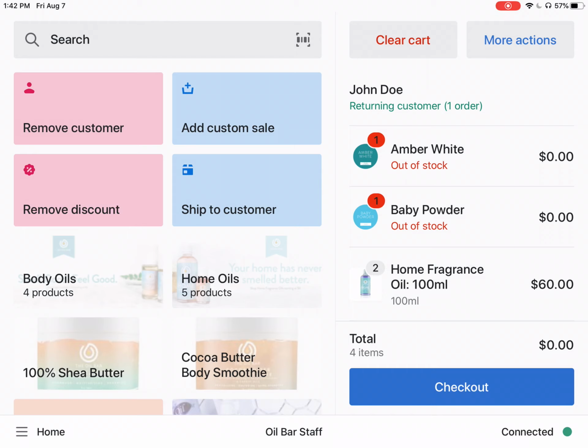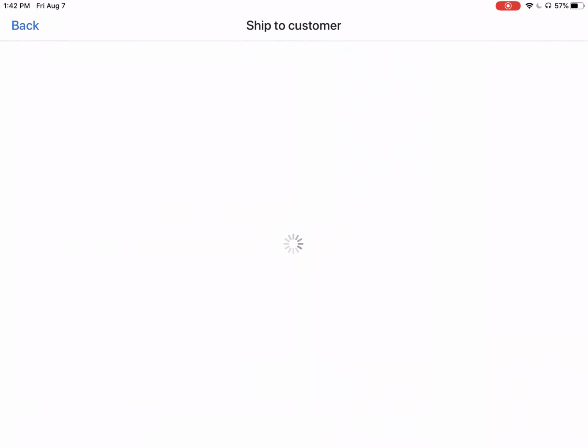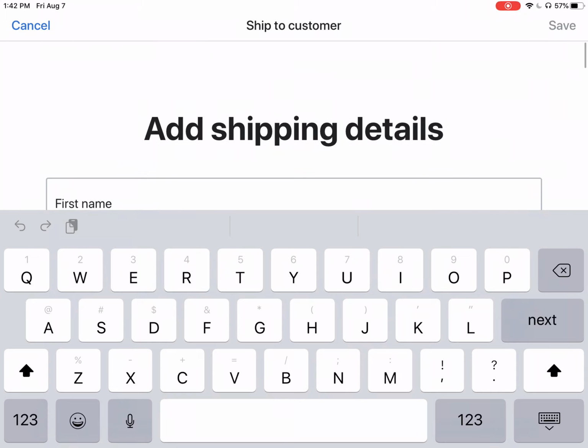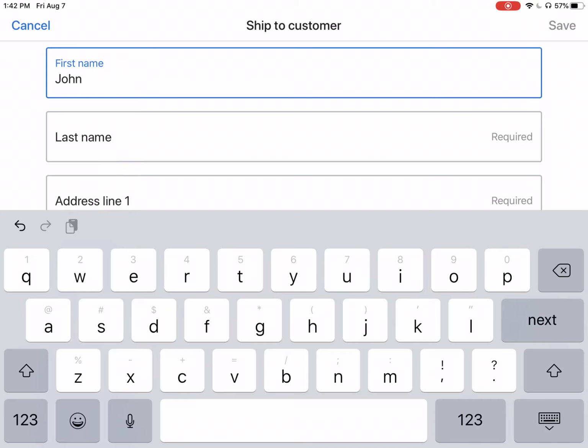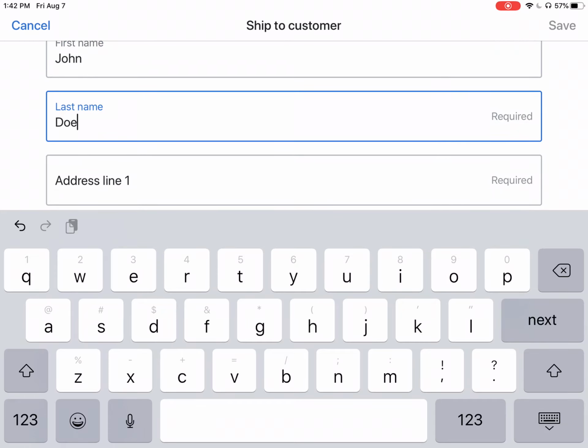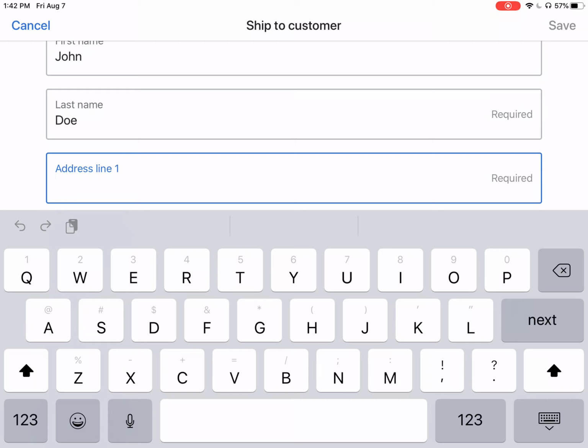And now the number one most important part, clicking ship to customer. So with this button, you will add in the shipping details for your customer. So I'm going to add in John Doe's information here. John Doe. And you just want to, instead of having your language, "Sorry, that item is out of stock," just say, we have the baby powder in stock. We can ship amber white to you. What's the best address for you? And then we can